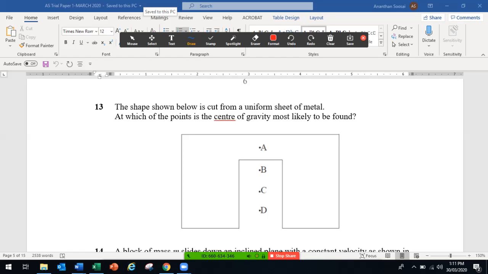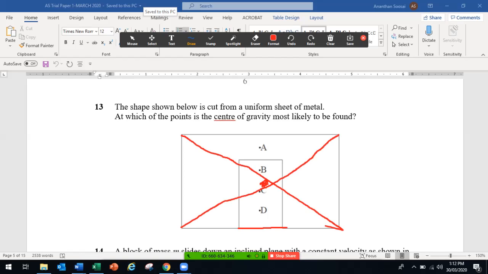You see, if it's a closed, one complete rectangle, it means connected, no hole here. The center of gravity will be like the geometrical center. We'll put a cross at the center here. Sorry, my diagram is wrong. I think at C, C here, if it's a completely one rectangle,